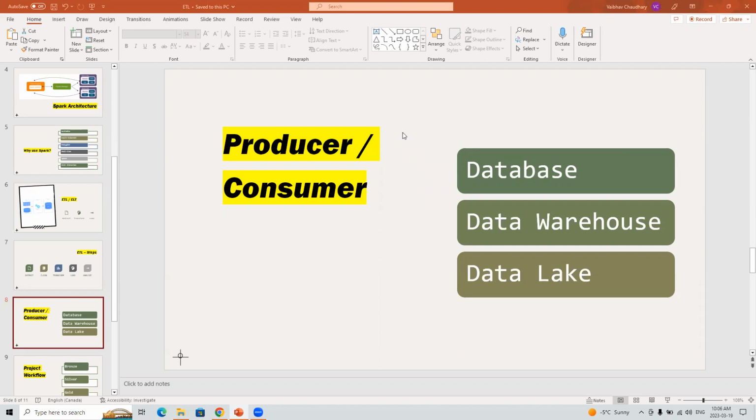Now, OLTP is online transactional processing, your day-to-day data, where you are storing your day-to-day data, guys. Database or data warehouse? Database. So OLTP goes with database. And in data warehouse, why are you loading data in data warehouse? What is the purpose?